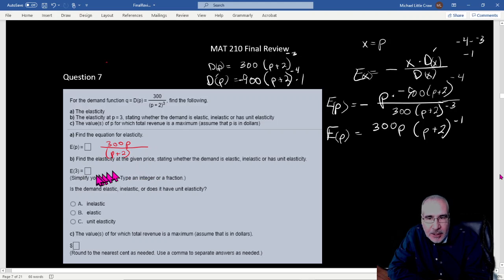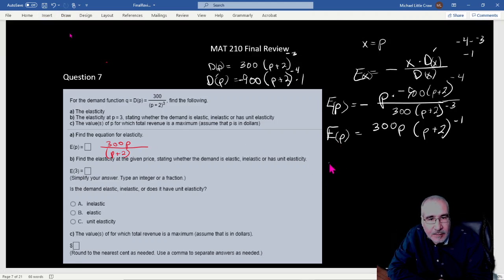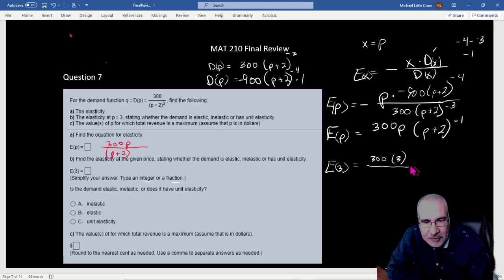Find the elasticity given the price. So if we start with a price of $3, and then we've got to determine whether it's elastic or not. So for this, E of 3, so let's just use this, is going to be 300 times 3, and they want it as an integer or fraction, so we won't make the mistake last time of turning it into a decimal when it doesn't want a decimal. This becomes 3 plus 2,